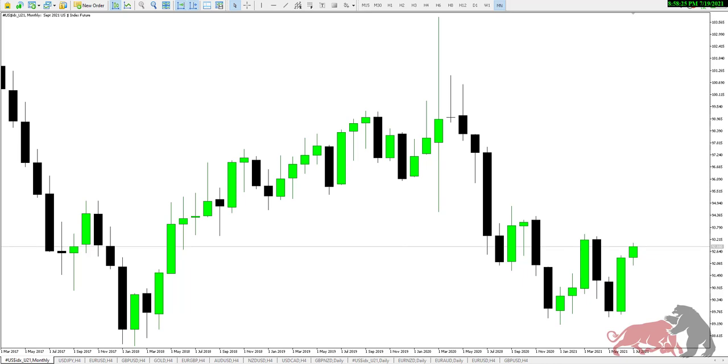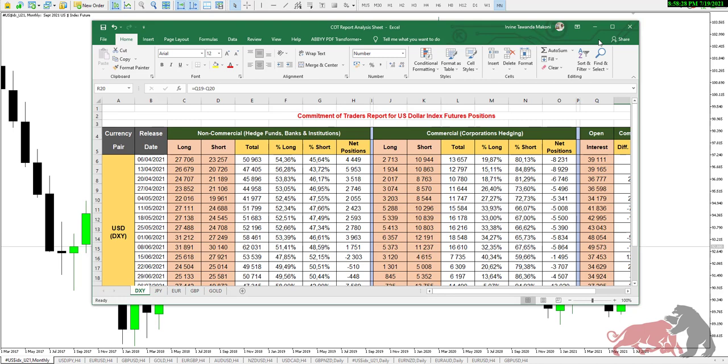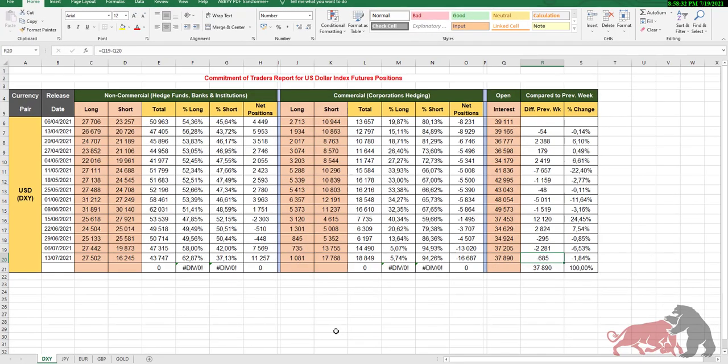Now if we take a glimpse at the COT report quickly. Now I know this is numbers, and most people don't like to deal with numbers. They don't like to analyze what the number is telling them. Now you can clearly see, when we look at the commercials, their net position, which is the difference between the long and the short, their net positions have been decreasing from an extreme net short. They were extremely net short, but this number has been decreasing up until